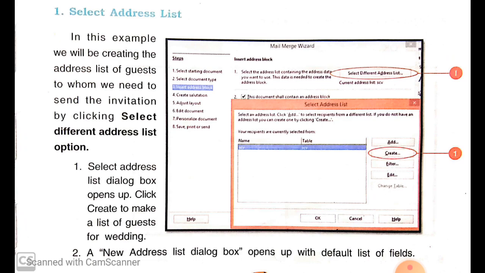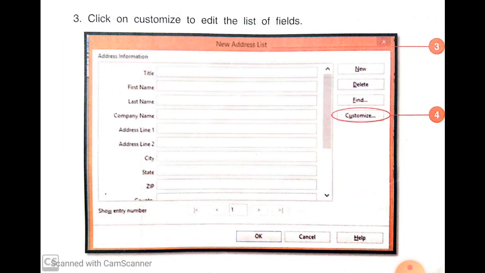Now second point, a new address list dialog box opens up with a default list of fields. As you can see in this picture, click on customize to edit the list of fields.